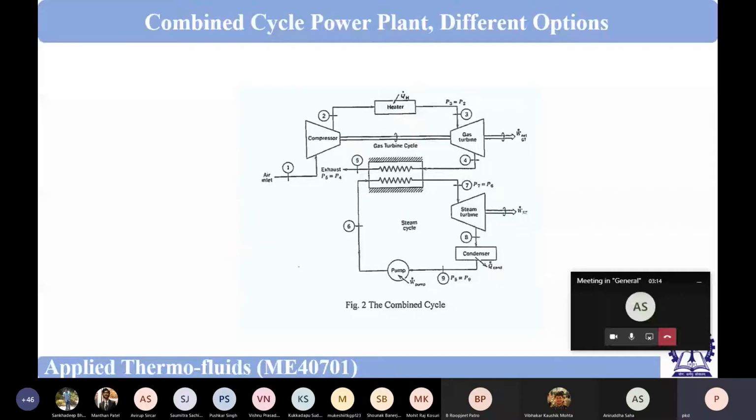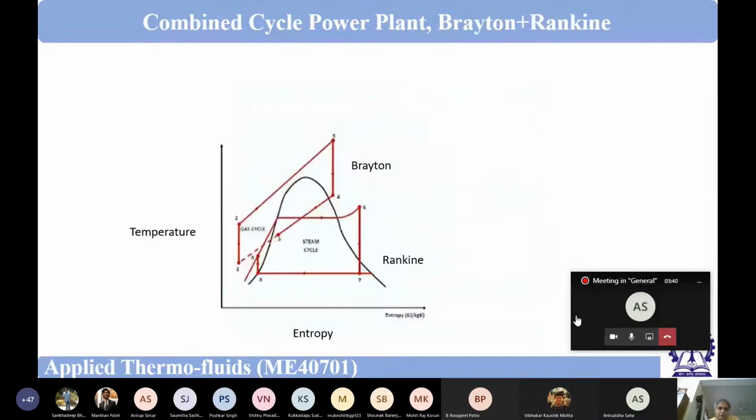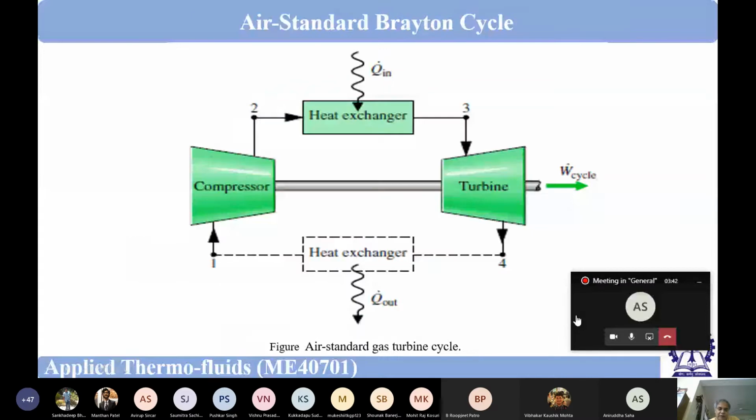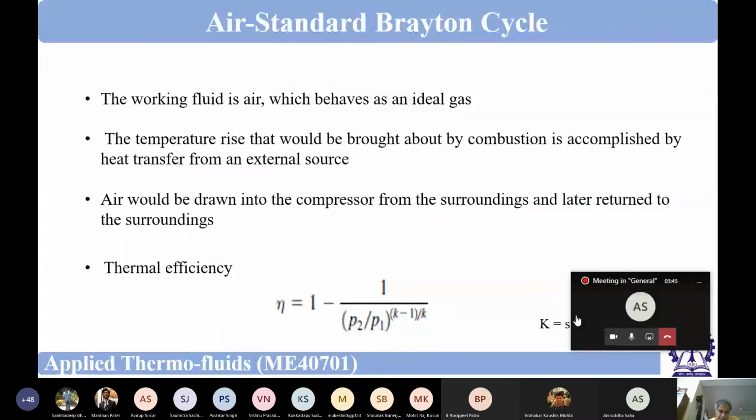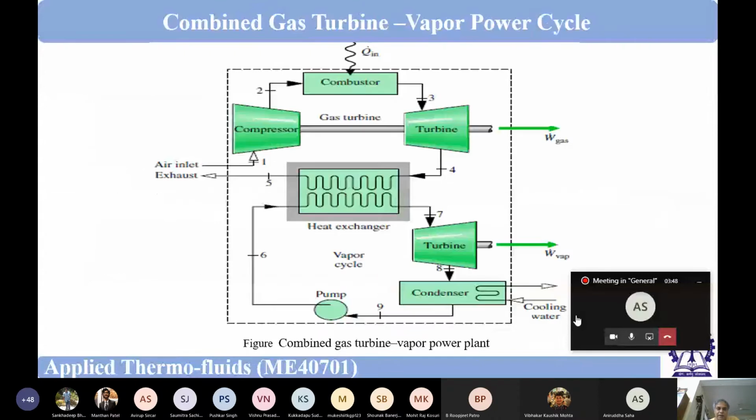For generating electricity for a large area or large number of consumers. So we have got one successful combined cycle power plant, that is your combination of Brayton cycle and Rankine cycle, gas turbine steam turbine power plant. So here we start, and then we have shown the common features of air standard Brayton cycle. Then this is the combination.